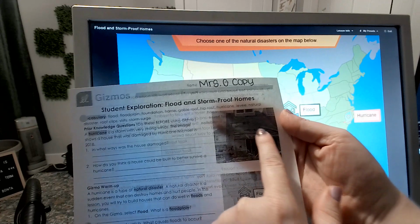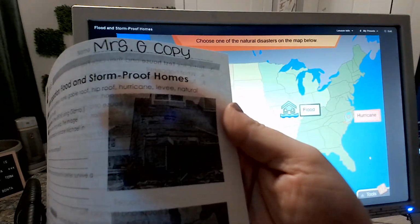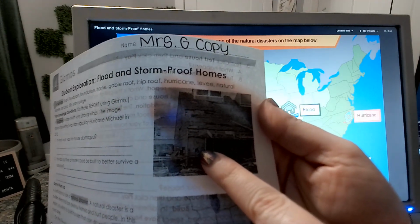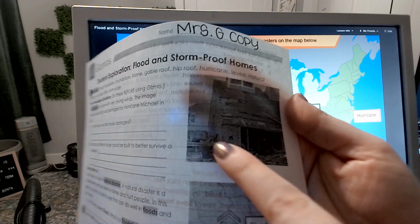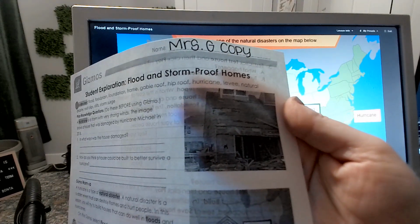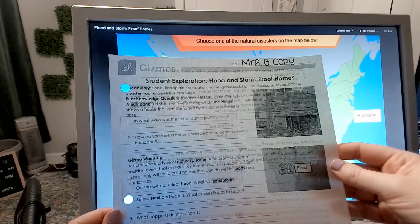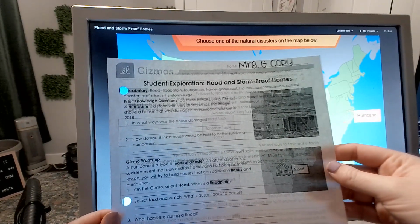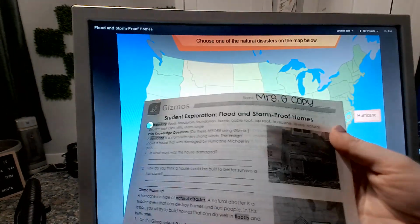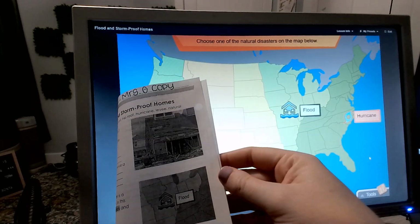Well, we're missing some shingles off of the top, and I know this is really kind of difficult to see in this light. And you can see that there's a slight hole in the side. We're missing some siding over here, and dang, just all the debris on the ground. So how do you think the house could be built to better survive a hurricane? So think of what sorts of ways could we have possibly prevented all of this damage